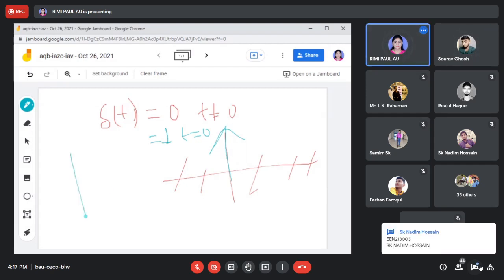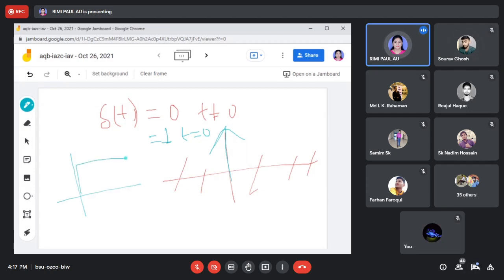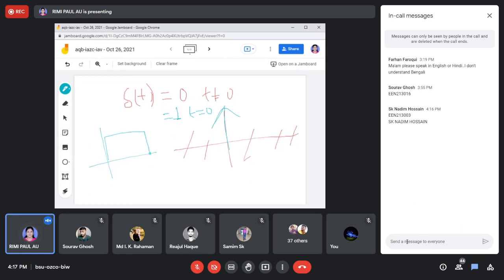That means just I have switched on, it is on, continuous, and just I have switched off, this is off. Now from this rectangular pulse I have generated an impulse signal. How? Here I have taken a rectangular pulse and I have told that you have to keep this area constant.